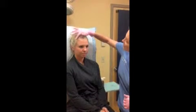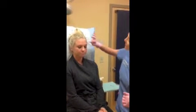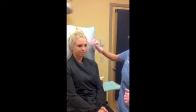And then also in addition to that, she has some scars. Are these from chickenpox? Mm-hmm. So she has some little chickenpox scars. And Katie says that when she gets her Botox done, the chickenpox scars actually become less noticeable. And you can see she's got just sort of some faint lines. So this is about the right time for her to be doing Botox to prevent those lines from getting any